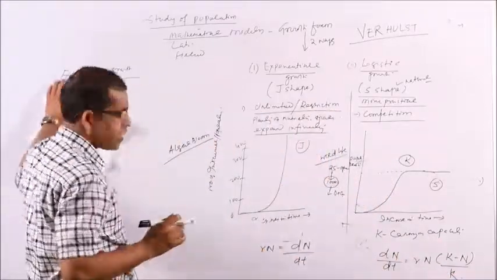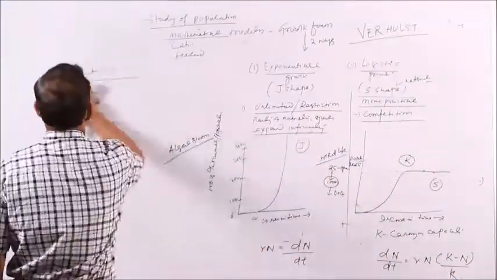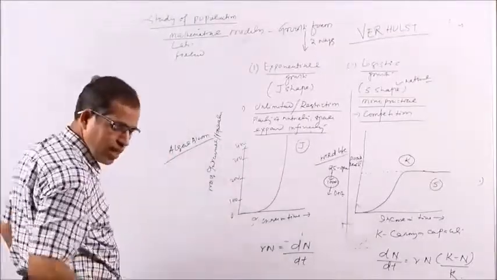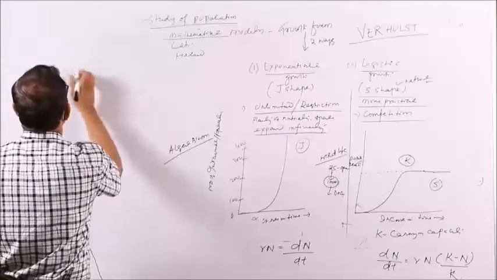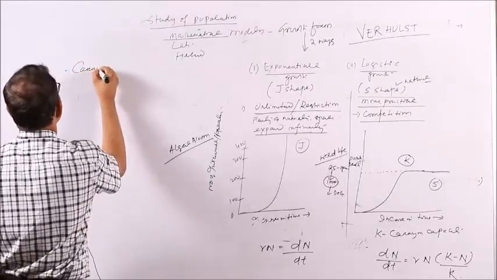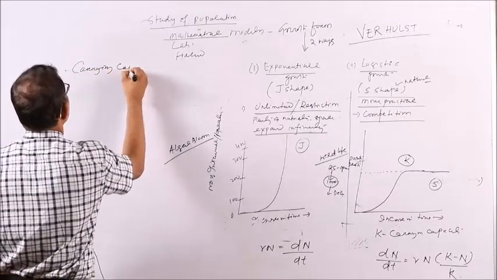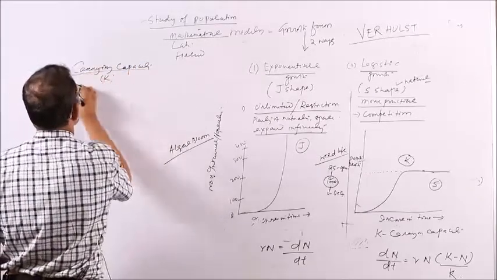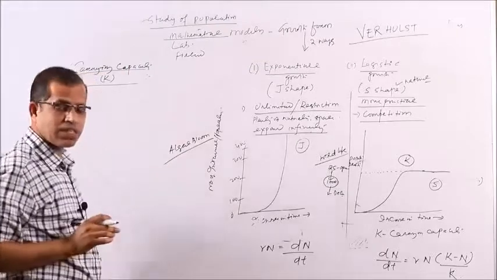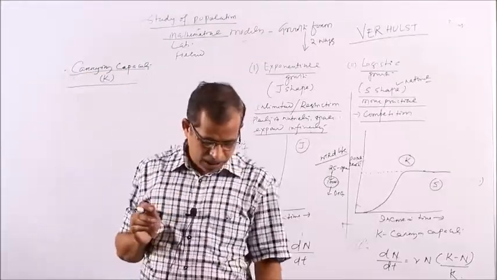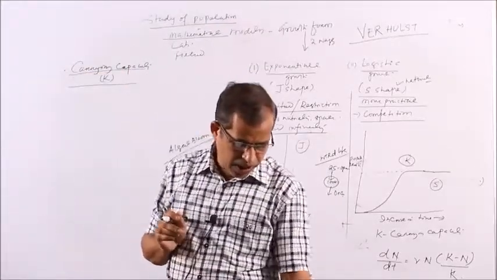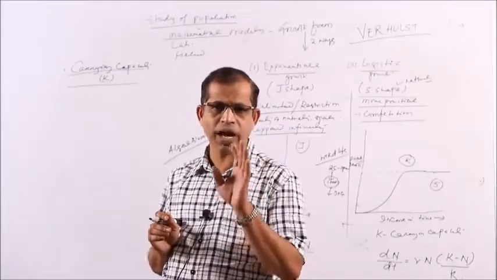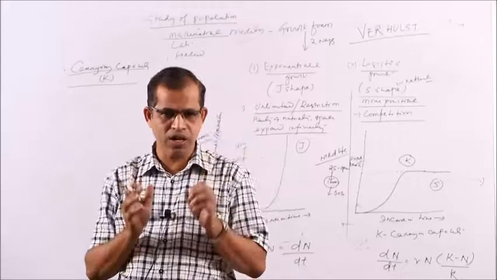Now, what is that k, or we can say what is that carrying capacity. What I was telling is that there is a limit. Now we will discuss carrying capacity, or k. In exams, many times the question comes up: what is carrying capacity? Carrying capacity is the environmental support, the maximum number of individuals the environment can support.